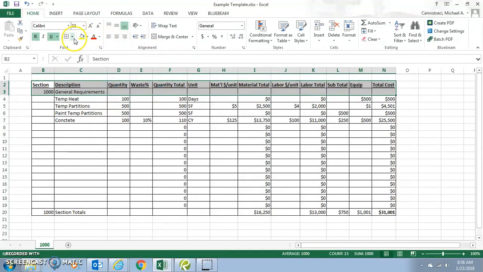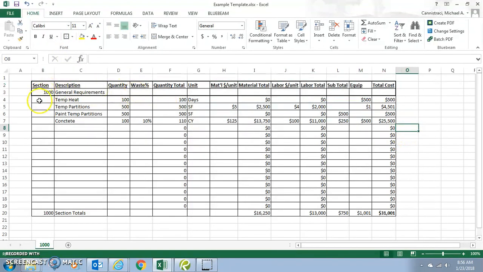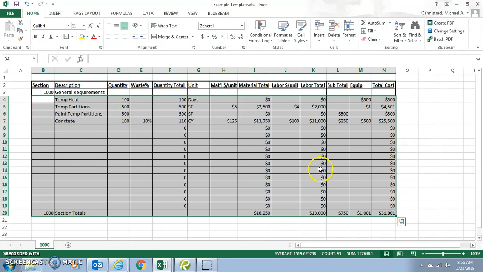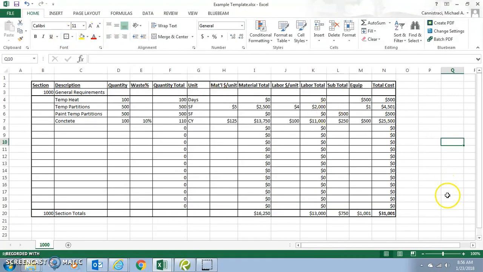So maybe I will outline that with something a little bolder. So I can use a thick border. And then maybe I'll outline the rest of this estimate in the same thick border. And then that bottom, which again is just a total row, outline that in a thick border. So you can see it starting to take shape, and you can use borders and things like that to emphasize different areas of your spreadsheet. You can also use